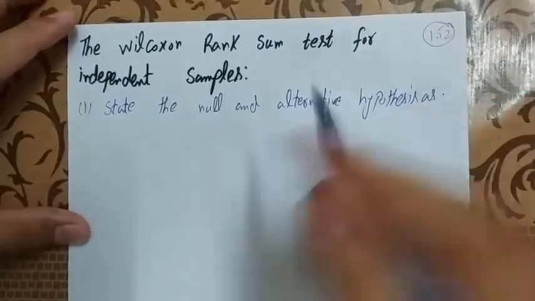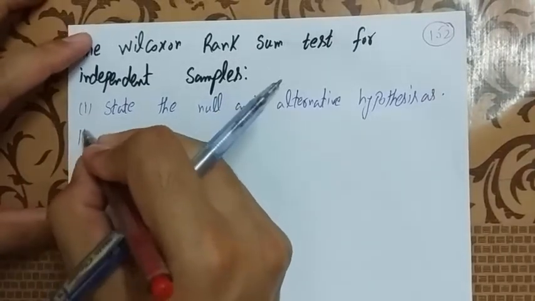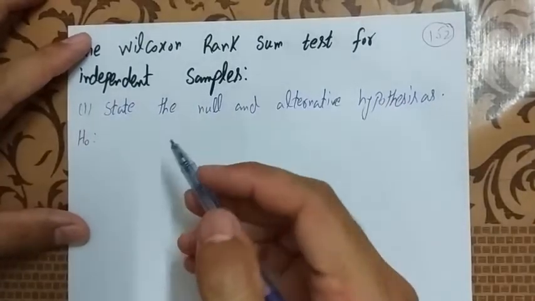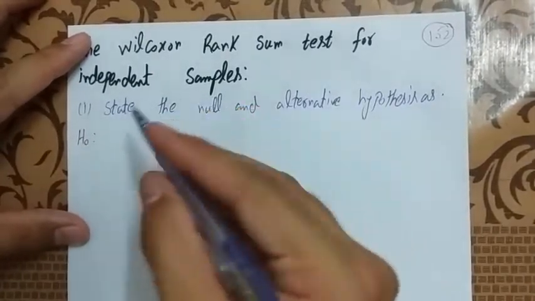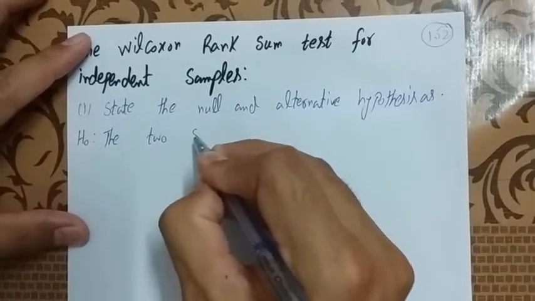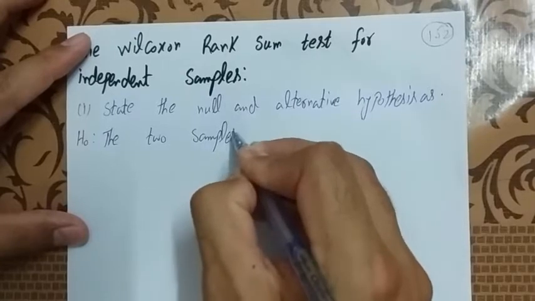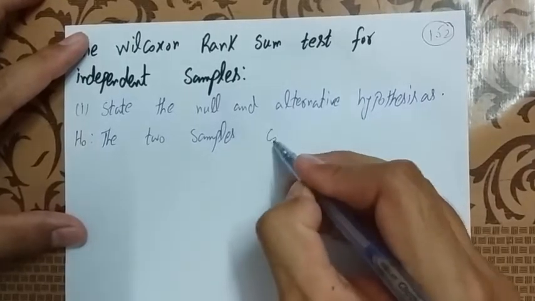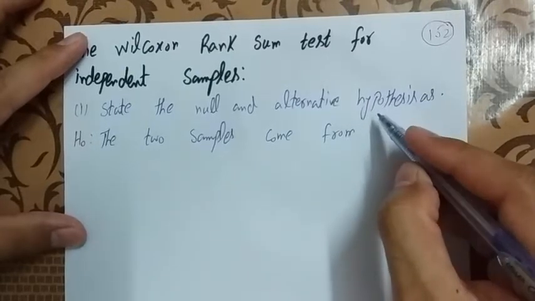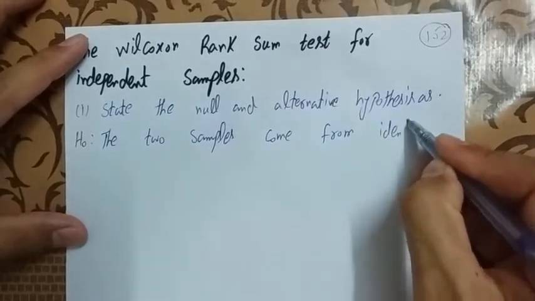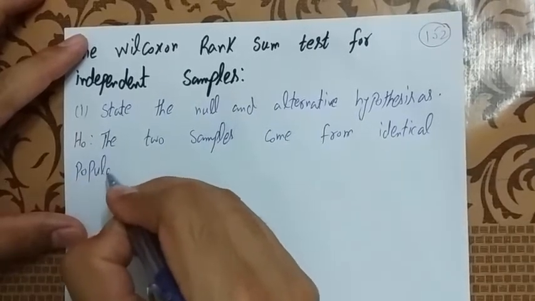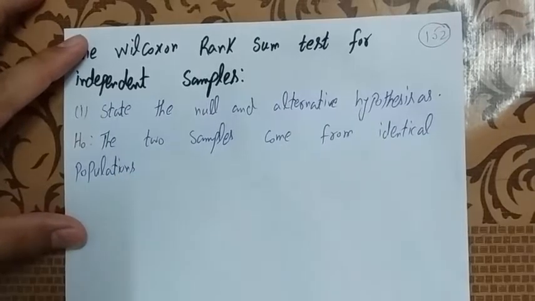The first one is the null hypothesis, denoted as H0: the two samples come from identical populations, or